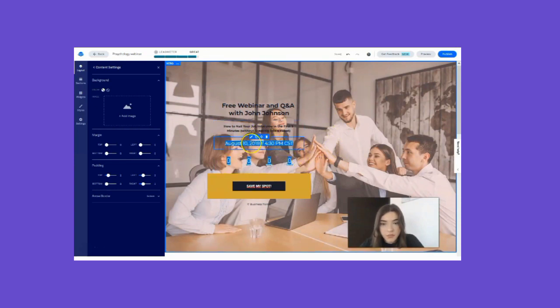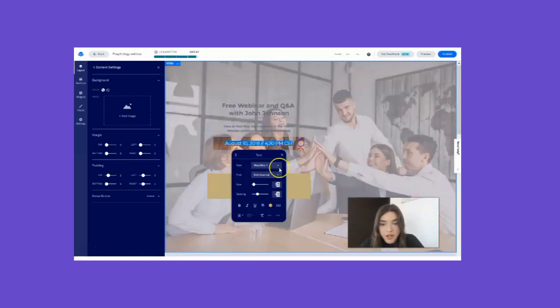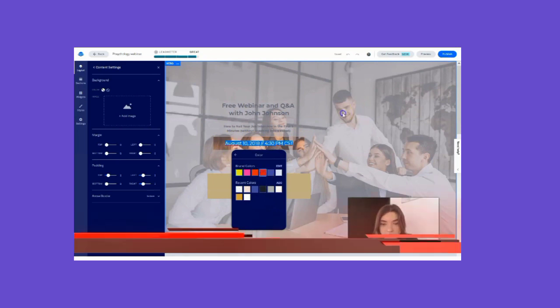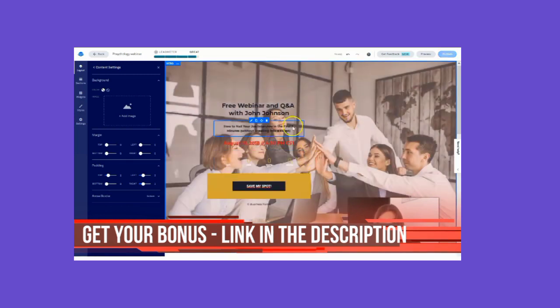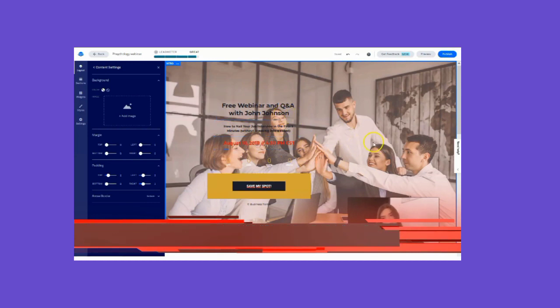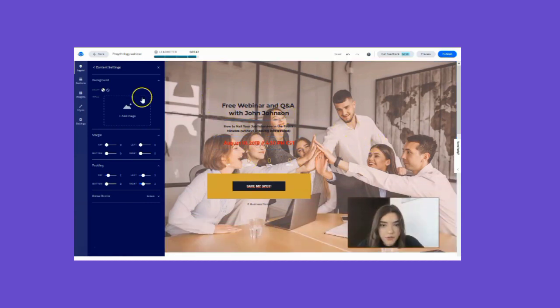So what I can say, people, you need to play around with all these fonts, colors, because it's very important. You need to make your variant different than the other one. So you may do everything in bold, but I guess it's not enough. So first of all,